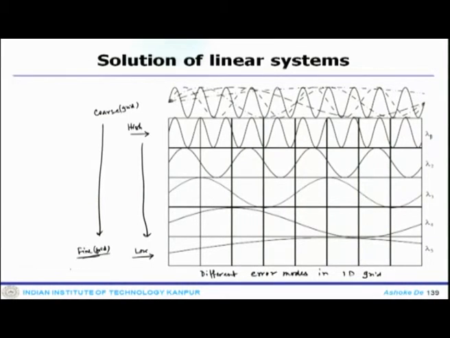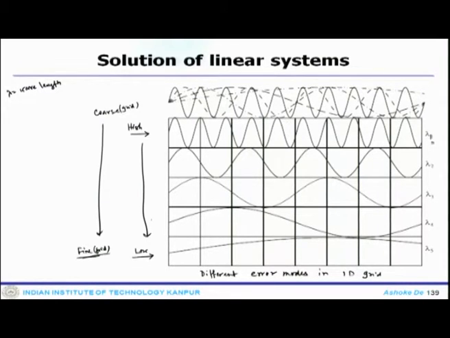Now, in a coarse grid, you can see the high frequency of short wavelength lambda. These are the wavelengths, so lambda here is the wavelength, and you can see from the high frequency of short wavelength lambda to the low frequency of long wavelength lambda. So this is how high to low you have moved, and they are shown here, where high frequency errors essentially appear oscillatory over an element and are easily sensed by the iterative methods.